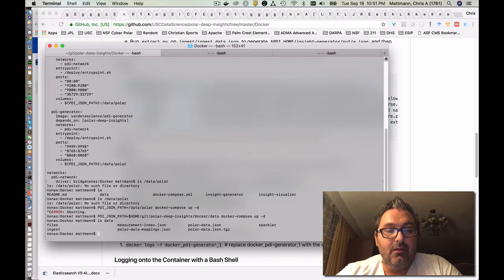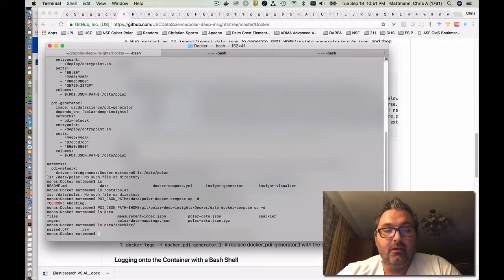structure looks like. So you notice that files directory, the ingest directory, you'll notice the polar data mappings.json. Here I have a tarball that I had tarred up. This measurement index.json you don't need, and you'll notice the sparkler file. So if I show you, folder, you'll notice the parsed and the raw directories. Parsed.off is because I don't want it to recognize that there's a parsed sparkler directory there, and I'm going to